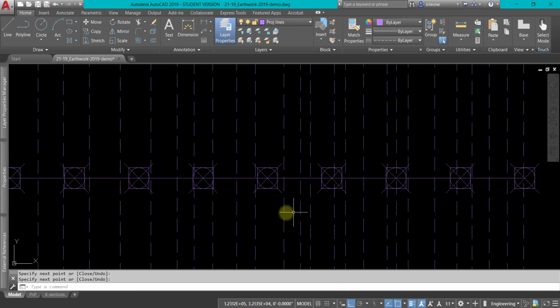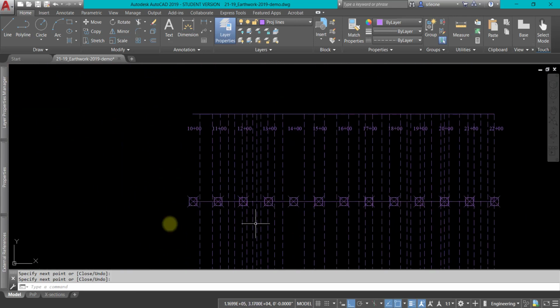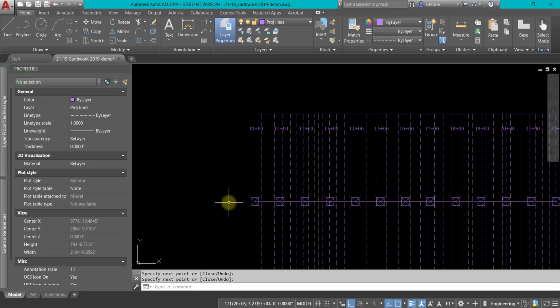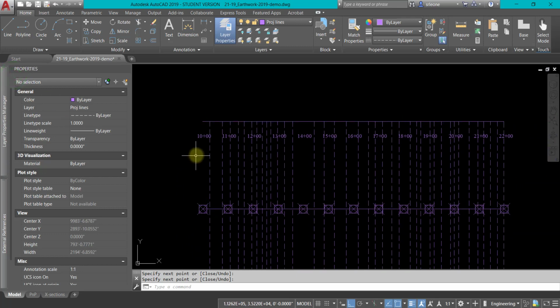All right. Because they were line segments, I can then use that very nature. I'm going to pin open the properties menu, the palette, and I'm going to say, all right, so if this,